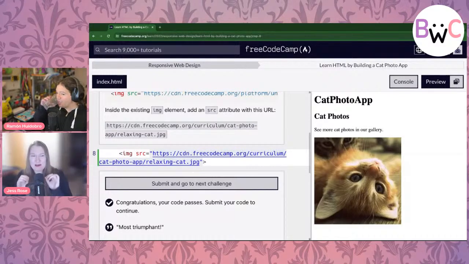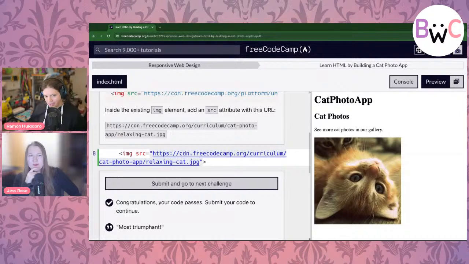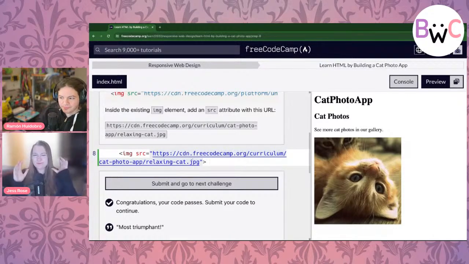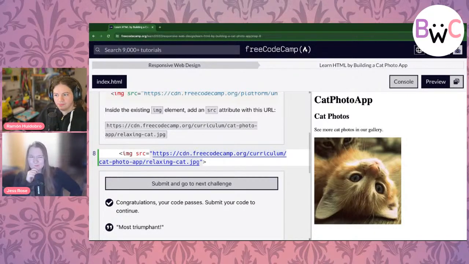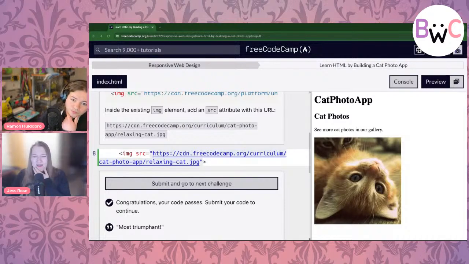Okay, so wait. We got to talk about files, don't we? We've got to talk about file structure. Y'all might not believe me yet, but every single website that exists in the world is really a storage space on someone's computer, a storage space on a server. So think of it as a box.